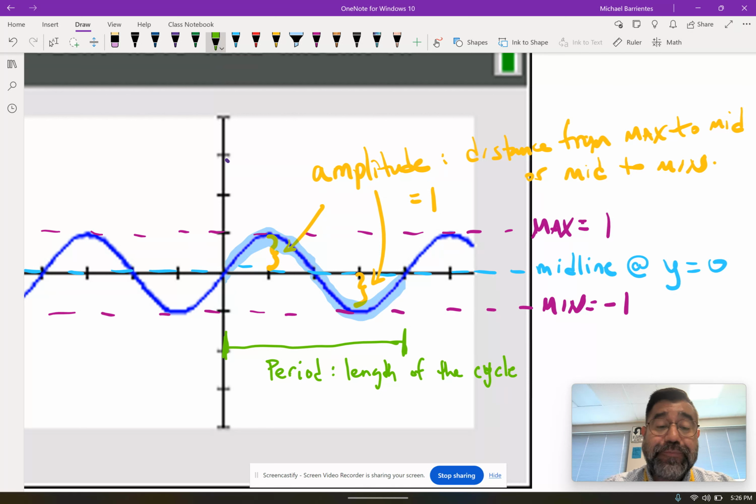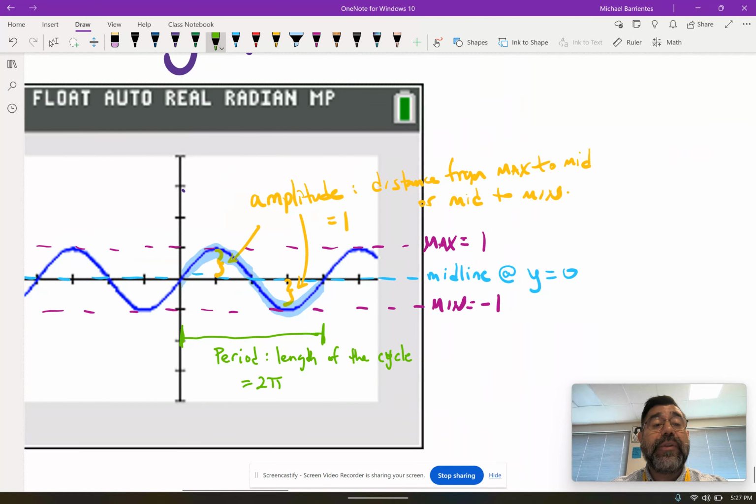I'm going to point something out. When we talk about midlines, we're talking about y locations, right? When I talk about amplitude, I'm talking about vertical distance, so I'm using y values. But period is horizontal distance, so I need to use the x values, and I always subtract right minus left to get a length that's horizontal, just like I always subtract top minus bottom to get a length that is vertical. In this case, the original parent function has a period of 2 pi. Where have we heard that number before? 2 pi. Well, if you remember the unit circle,